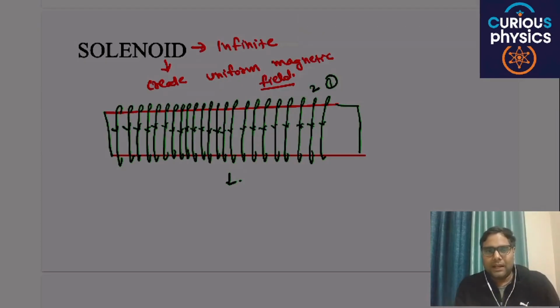For example, the magnetic field of loop 1 is in this direction, and due to loop 2 the magnetic field is also in this direction. So all the loops try to create a magnetic field from left to right, which means the value of the magnetic field will increase at every point along this central line, because every loop creates a magnetic field in the same direction.